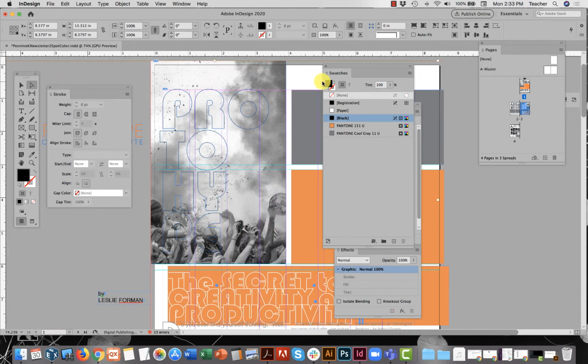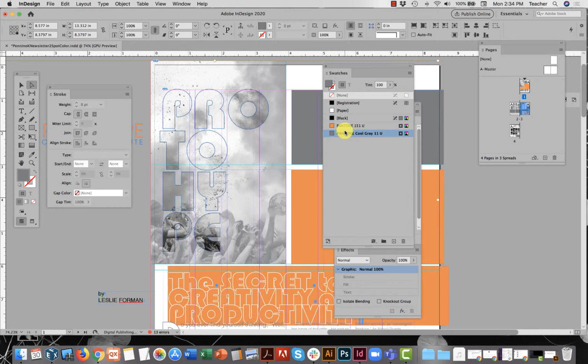So with the picture selected, notice the fill color is set to what? It's set to black. Check it out. I can change it to one of my spot colors right now. That instance of that image that I have applied is using a correct color model, cool gray, applied to the grayscale pixels.